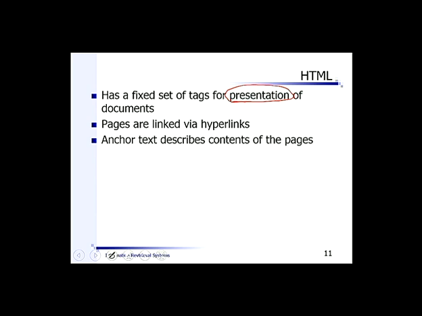So the pages are linked via hyperlinks. So as the name implies, it is about hypertext. So we have hyperlinks between the document, anchor text that describes the contents of the pages. So it has a fixed set of tags, like it has head tag, it has body tag. You can have different level of headings, H1, H2, H3. You can make tables, you can give captions of the figures, you can define the table rows, columns, and so